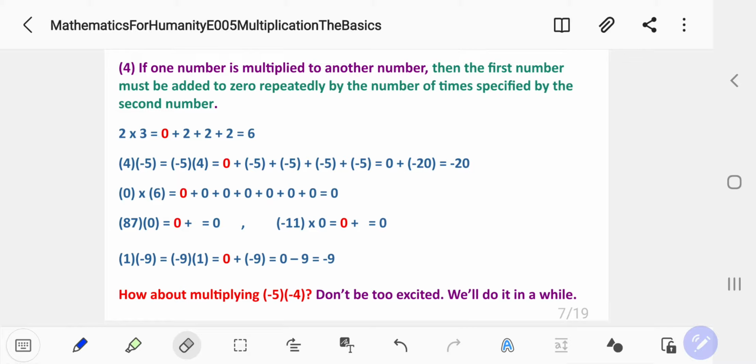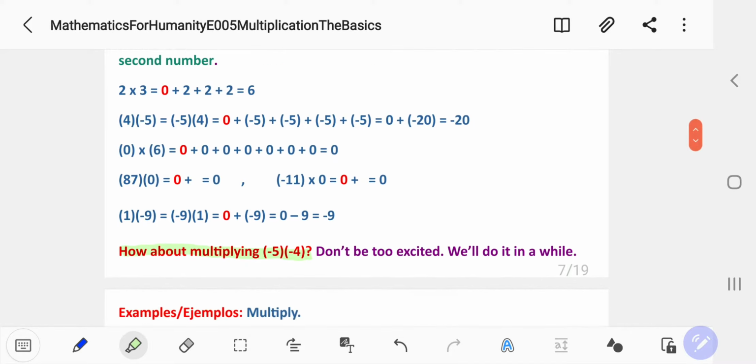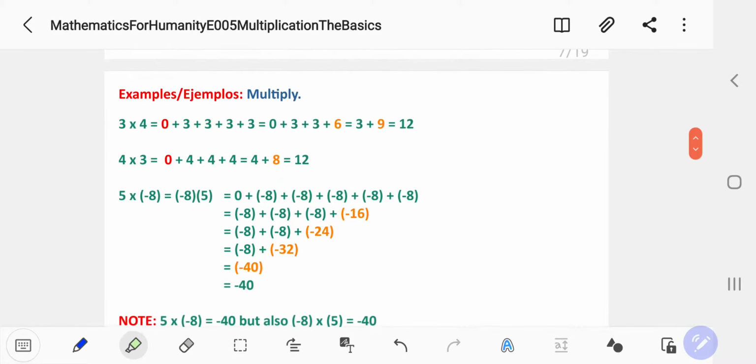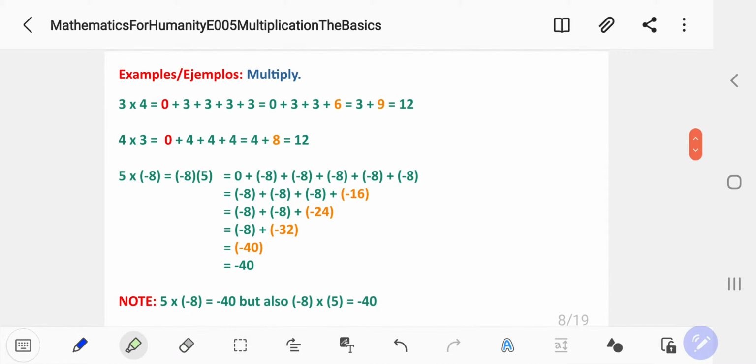So there's a question here. How about multiplying negative 5 to negative 4? My answer is, don't be too excited. In a while, we will see how to do that. So let's take these